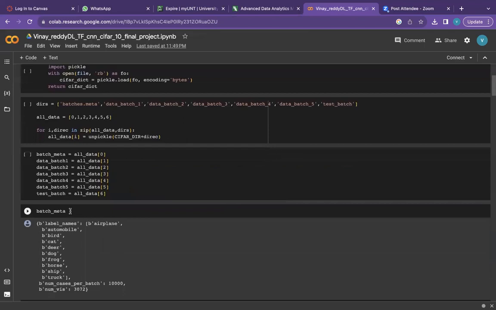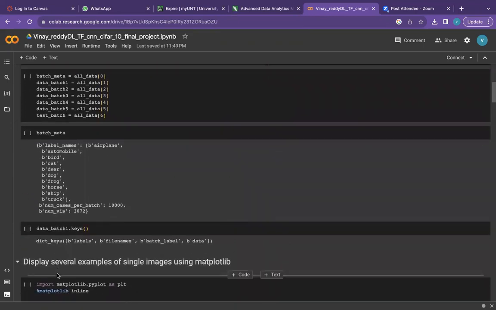And if you see the batch names and label names, we have automobile, boat, cat, deer, dog, frog, horse, sheep, truck, and everything. And then what are the keys we have? Dictionary keys,